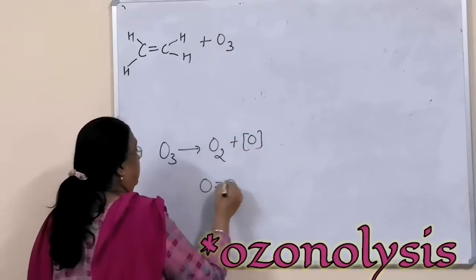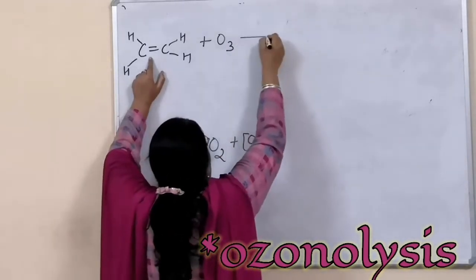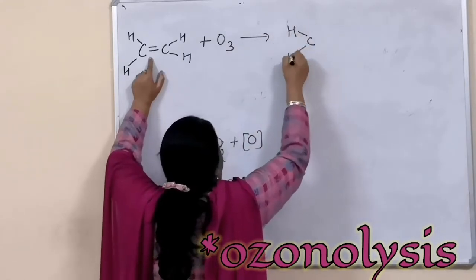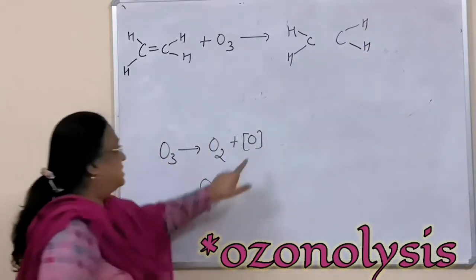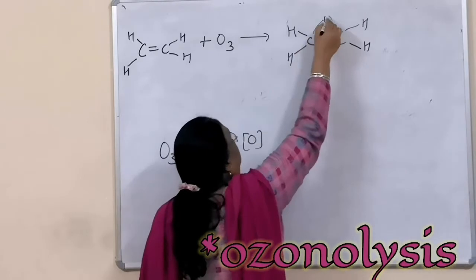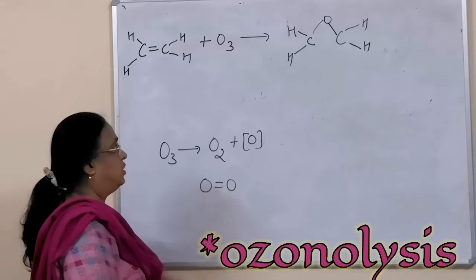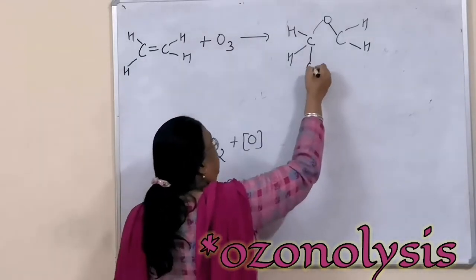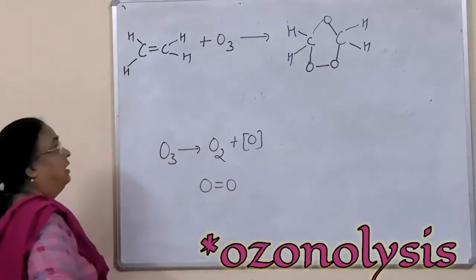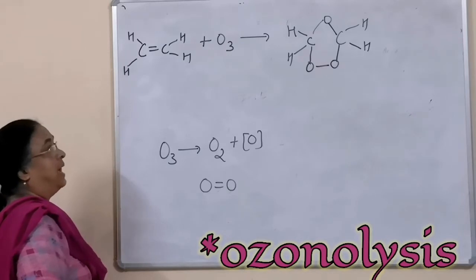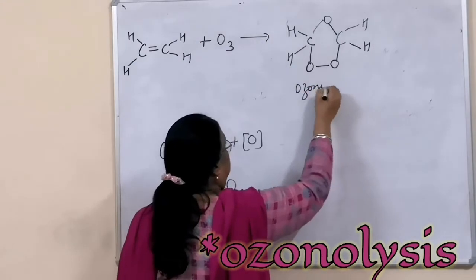O2 has a double bond. So when ozone attacks this double bond, we obtain the two pieces. This double bond is broken and we have two pieces, and the single oxygen is commonly linked between the two carbons, and these oxygens are attached to each of the carbon. So one oxygen here, and this. So one of the bonds is balancing it to be attached with each of the carbon. So this compound is called ozonide.